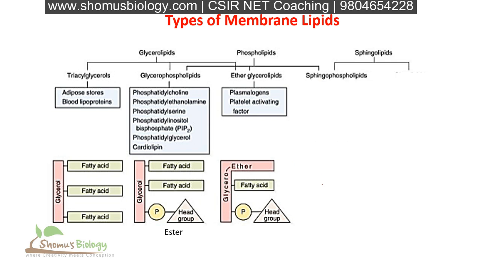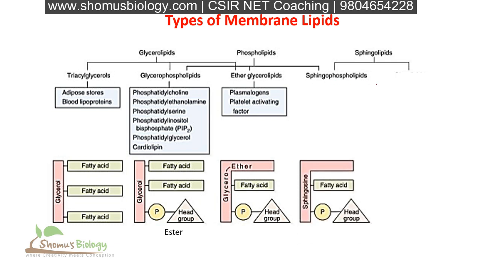Now let's move to the sphingolipids. Sphingolipids can be a combination of phospholipid and sphingolipid, known as sphingophospholipid. This is how it looks. Instead of a glycerol backbone or glycerol ether backbone, it has a sphingosine backbone and contains only 1 fatty acid chain connected to it. It also has 1 phosphate group with the head group connected to it. And this interaction of fatty acid with the sphingosine is amide linkage.